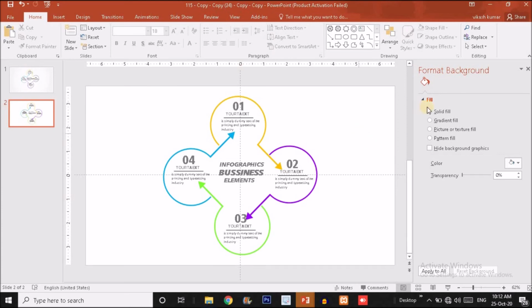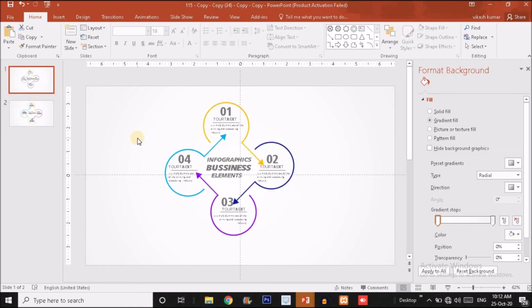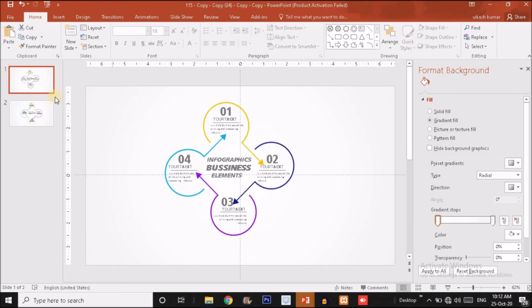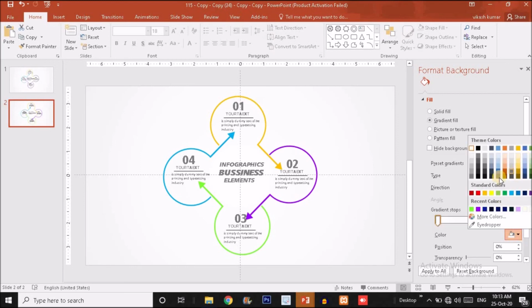So the final thing we have to do is we have to choose a gradient fill background for this. As you can see, as I have clicked on the gradient fill, it will automatically fetch the color of the previous slide, actually background color of the previous slide guys, because I have used this color in the previous slide. So if you're getting any issues with changing the background color or choosing a gradient color for the background, you can simply click on the handles, either on left or right handles, and here you will find the